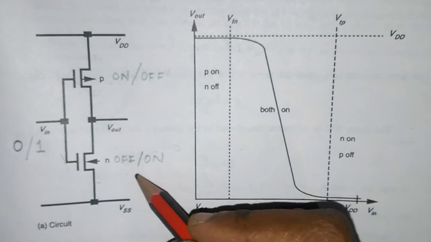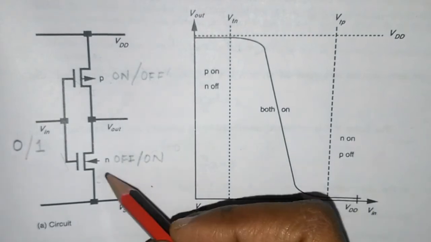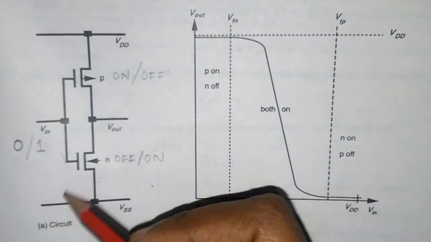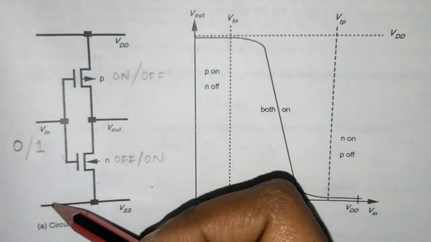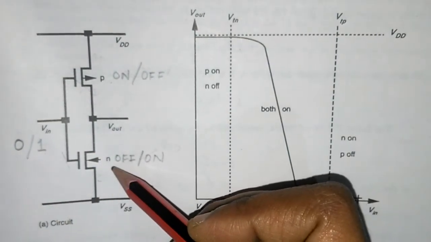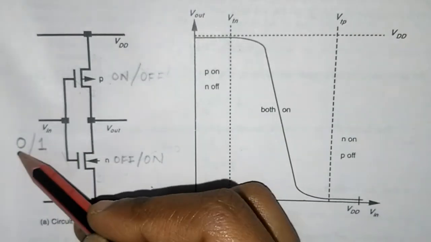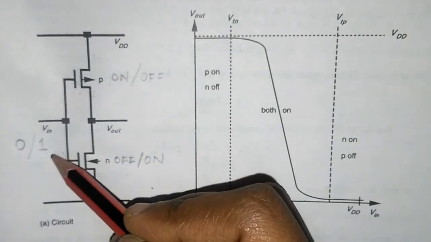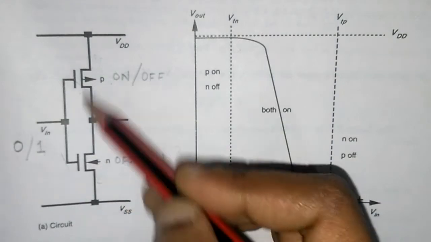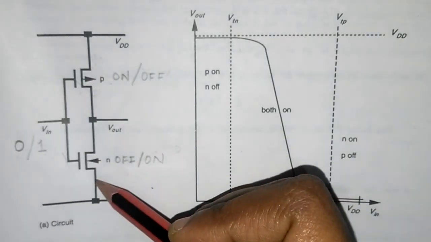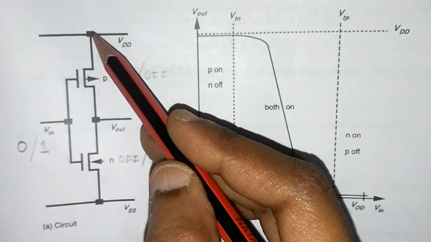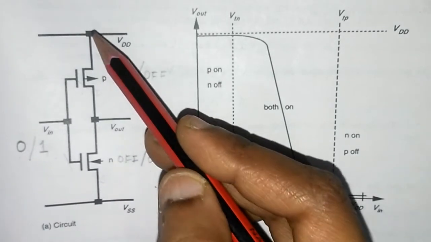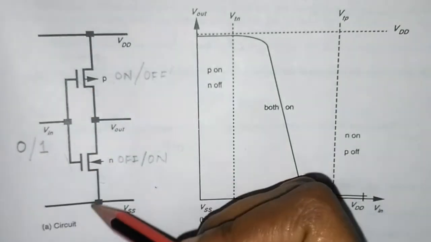So what do you see here? Unlike the NMOS inverter, where both the pull up and pull down are on when the input logic goes high, here, under any circumstance, whether the input is 0 or 1, one of the transistors is invariably in the off condition. When this happens, there is no chance for a short circuit path under static conditions for current to flow from here to here.